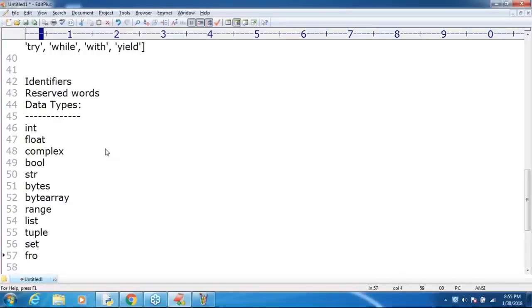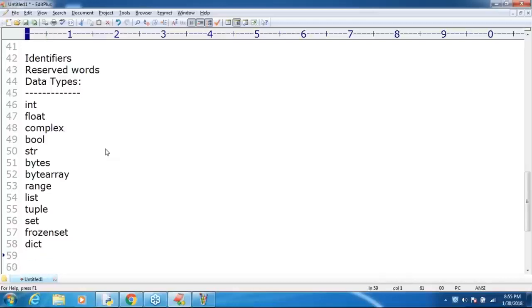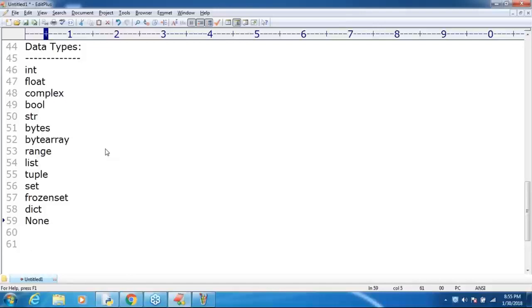Next, frozen set. Next, dictionary, and then none. So in Python, what are the various inbuilt data types? These are the 14 inbuilt data types, sir.